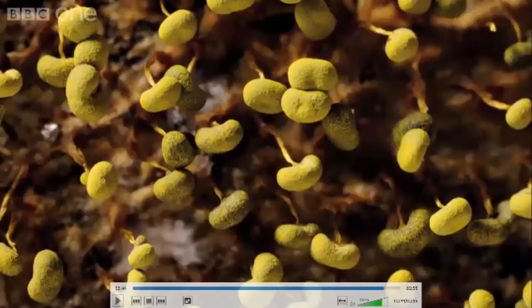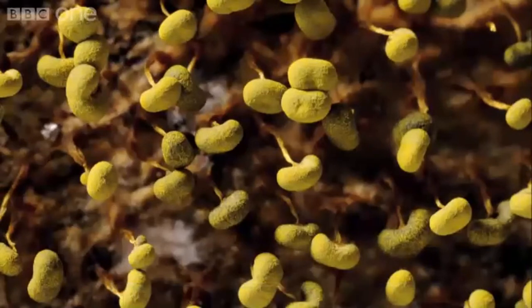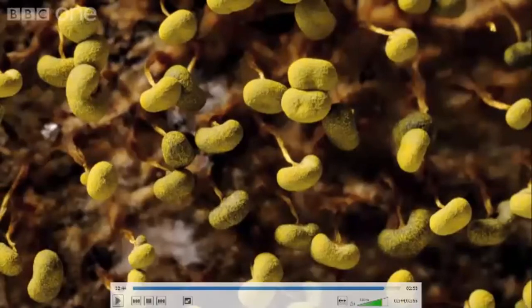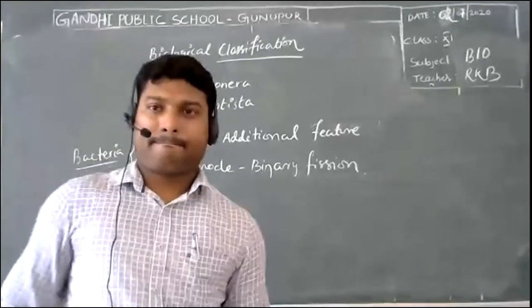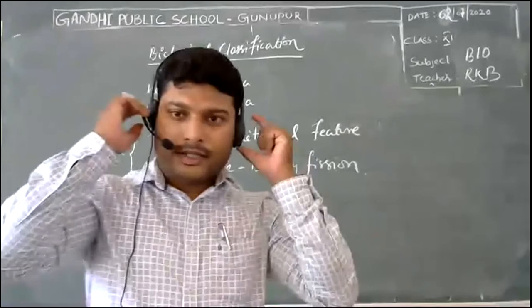Okay, right. So here we have the stalk and this is the sporangia part. Now what will happen is this sporangia part is going to be dispersed. It is going to break and release the spores, and this spore is going to again give rise to the amoeba. So clear on that part? Yes, sir.